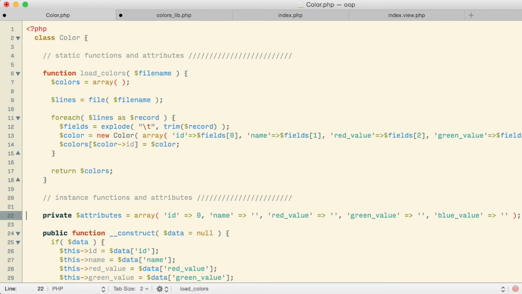Whereas all the instance stuff down below will be all the different aspects of the actual objects that are created from the class. Let's go ahead and start putting that together. So for my all function here, I'm going to make a public static function. Instead of load colors, I'm going to call it all, and it's not going to be